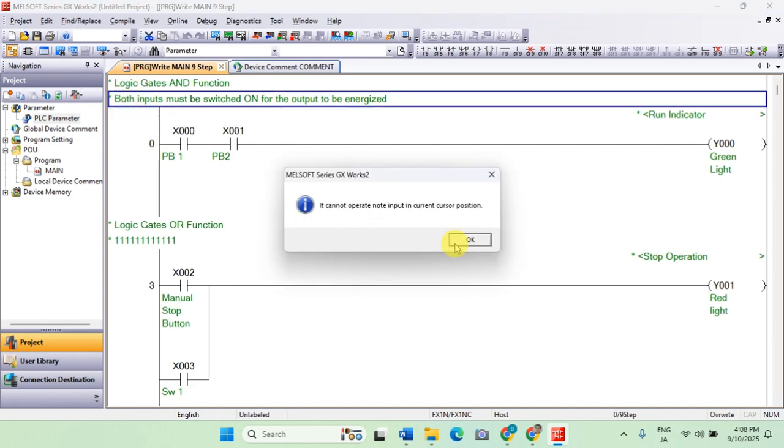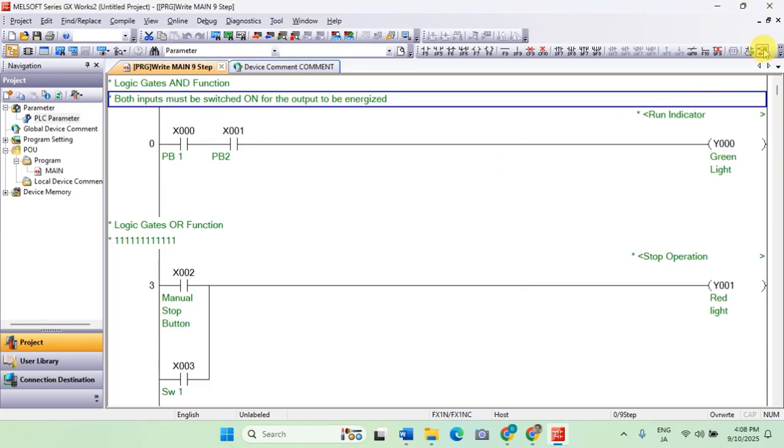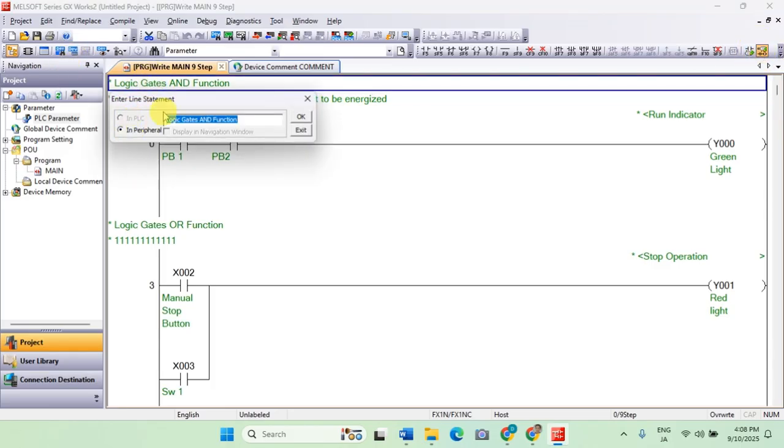So for the statement, in this specific series, because we use the specific FX series, the statement will not be downloaded or will not be included when you downloaded it to the PLC for the FX series.